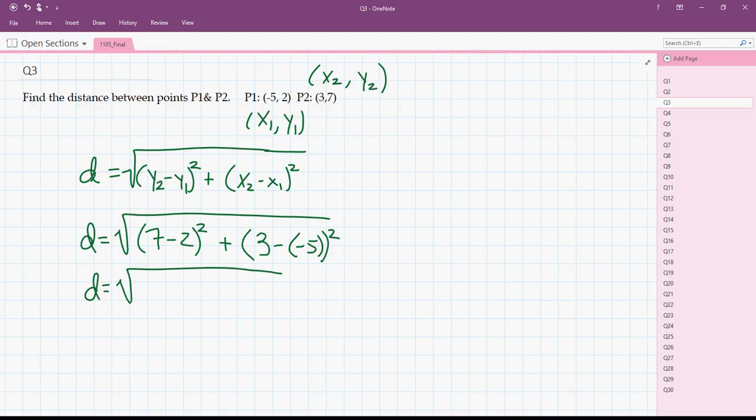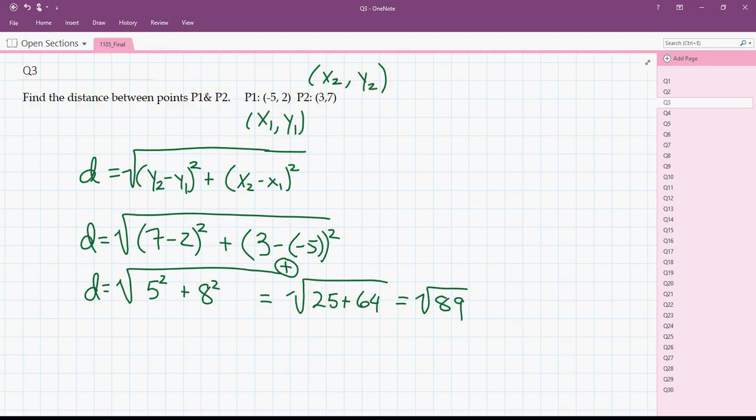So 7 minus 2 is 5, so this becomes 5 squared, plus 3 minus minus 5, this minus minus becomes a plus. So 3 plus 5 is actually equal to 8 squared. So this becomes 25 plus 64, which is equal to the square root of 89,